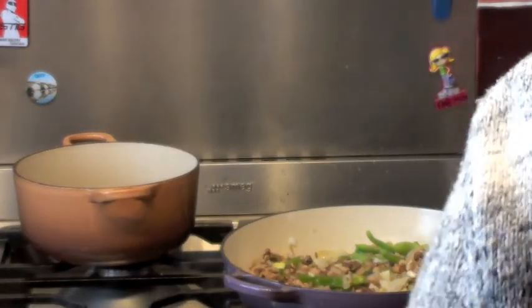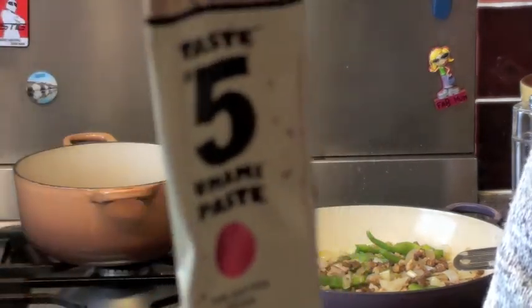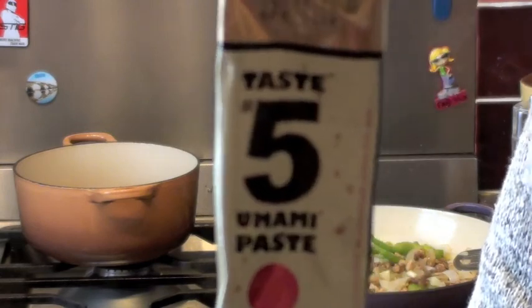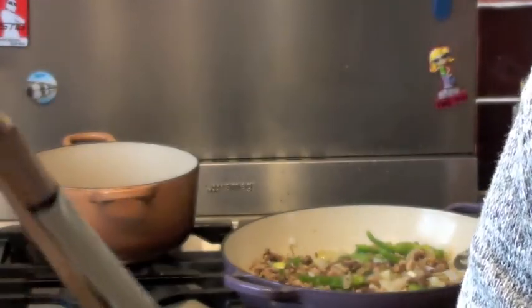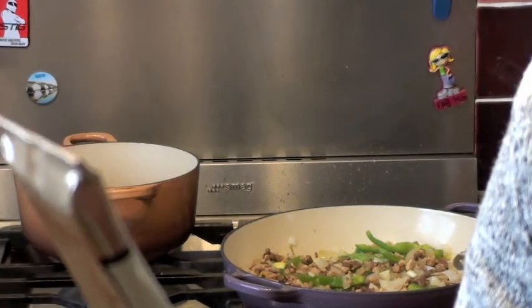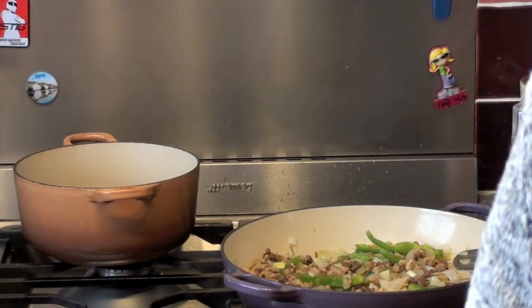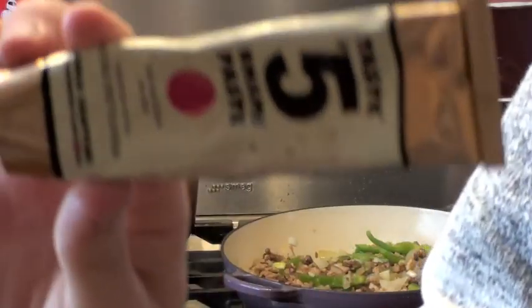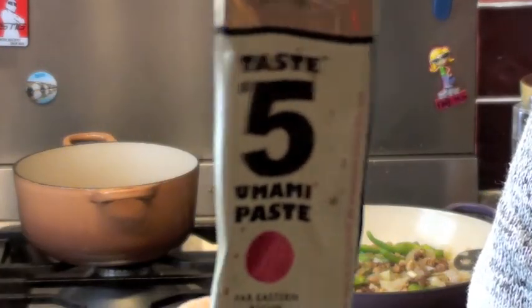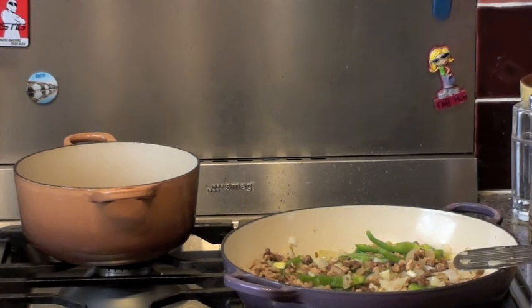I love these little cheaty things, I think they're wonderful. I've already spoken about umami paste, which is your fifth sense of taste, that many people don't know about, but the Japanese specialise in it. Like I said, it's got mushrooms in it, and miso, which is a seaweed based paste, really popular in Japanese cuisine. It adds a bit of meaty and chunky flavours to food, which helps me as a vegetarian. There's a bit of extra oomph to your food really. And the final thing that I'm going to add in as well